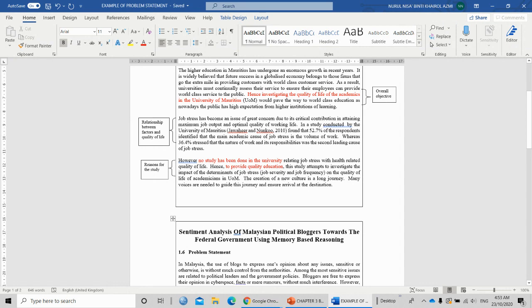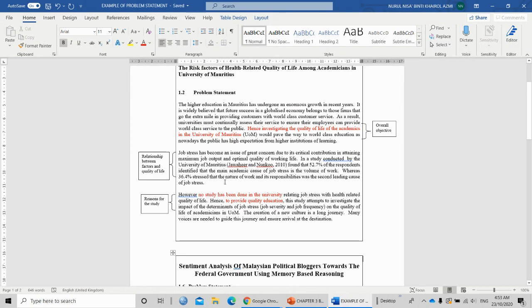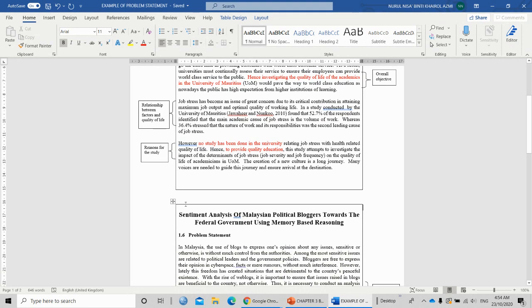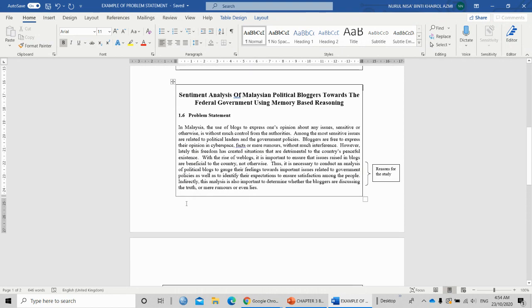What happen kalau kata orang tu stress? What happen to the quality of life? So yang ni dia tak pernah buat lagi. So that's why we do this research. Okay, so mesti kena ada reason lah why we need to study, why we need to run this research, in the problem statement. Okay, the second one, this is the research regarding sentiment analysis of Malaysian political bloggers